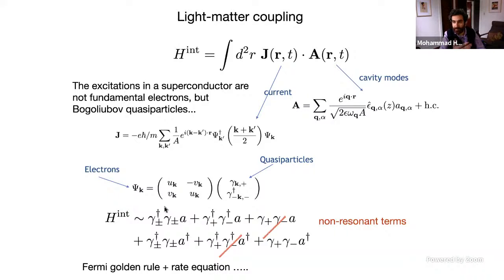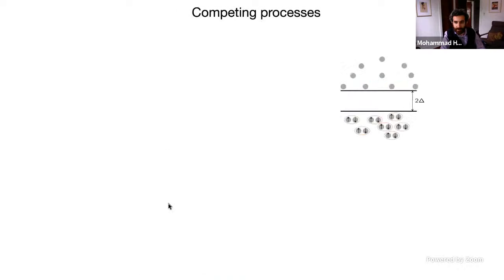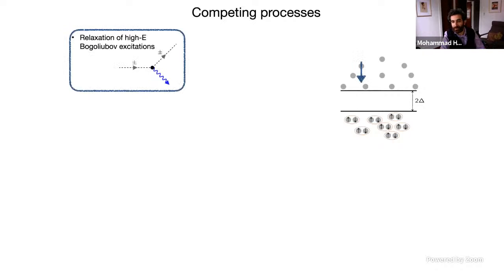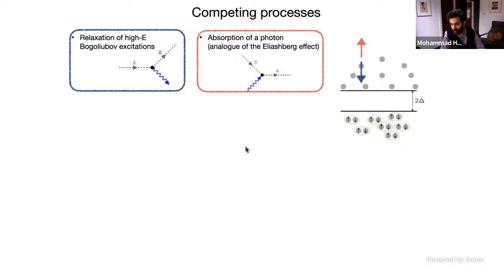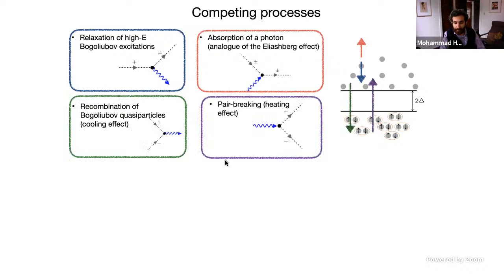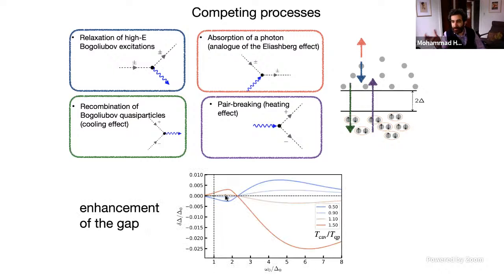look at different phenomena, different couplings that you get, you will see that there are some competing effects. Some of these processes would enhance superconductivity, some of them would inhibit it, and this competition changes this simple idea that I told you, that if you have an auxiliary photon bath at a lower temperature, it would enhance your superconductivity. It would sometimes actually worsen it, but sometimes even a higher cavity temperature would enhance it. So this is the work that was led by John Curtis,